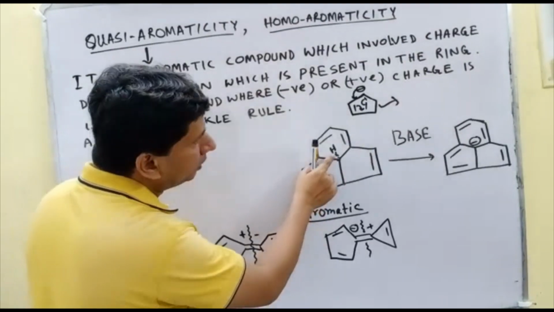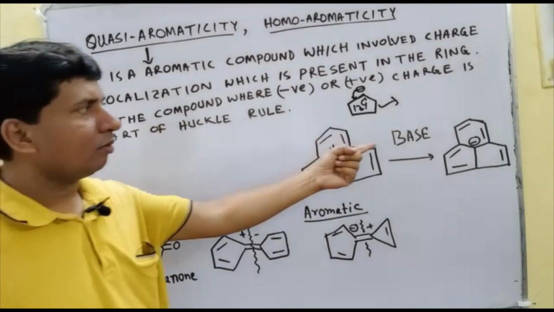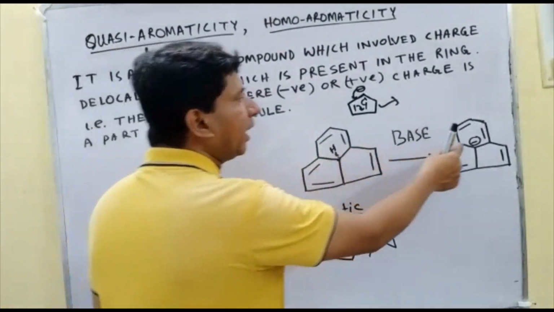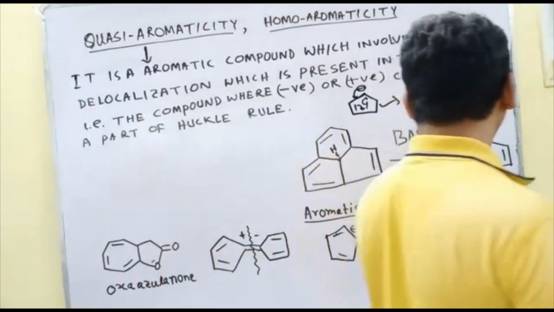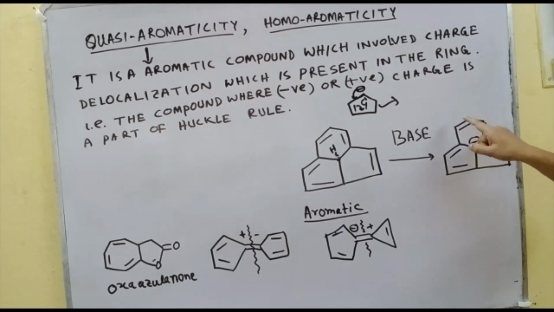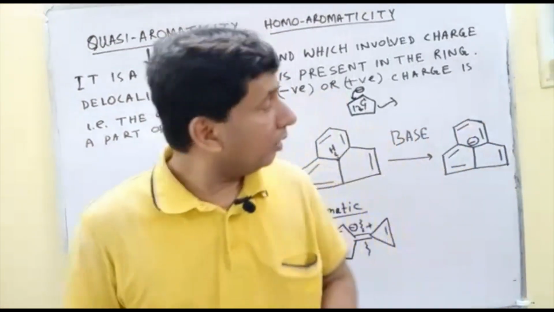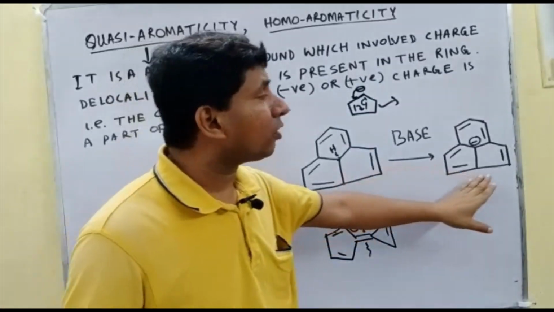But when this hydrogen is trapped by some base, then this carbon will be negatively charged. Then what happened? This is an interesting compound. You may consider that this will be here, then this will be here, there may be resonance stabilization. But remember that this is a very stable compound, more stable